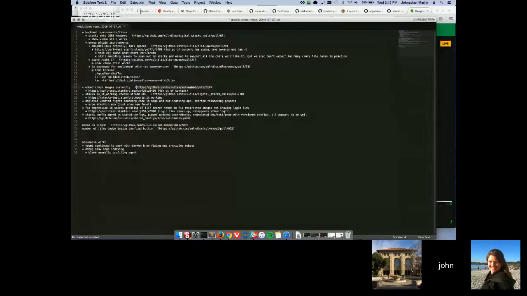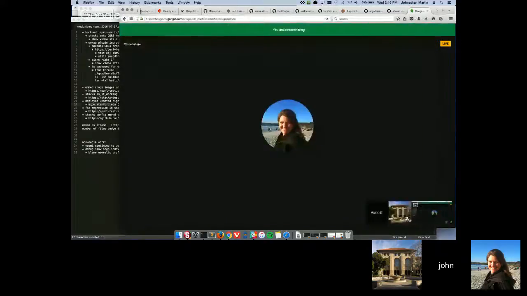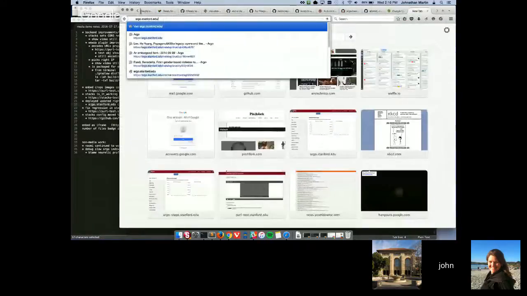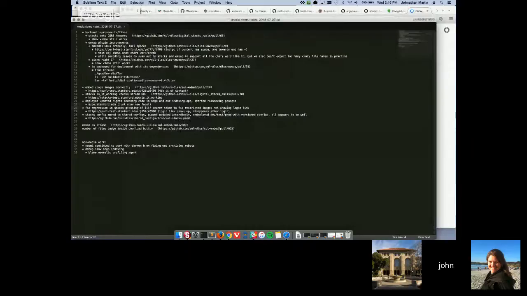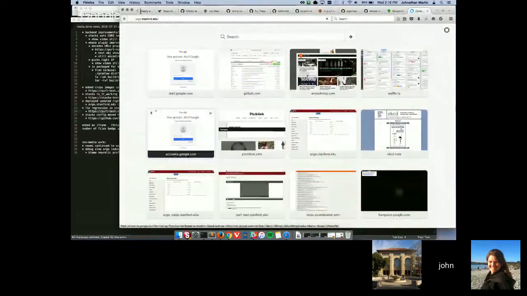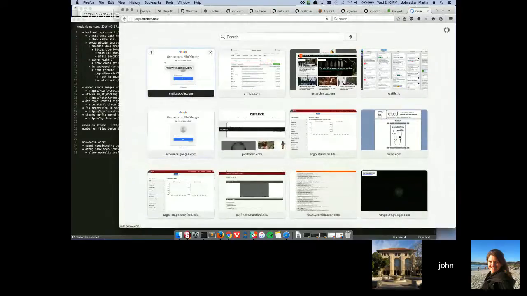Let's see, we added a stream URL check to Stacks. Is it working? We deployed the updated DOR services indexing code for both the DOR indexing app and Argo for better rights facet information. That'll take a second to load. And we started reindexing. We can see, once the page loads, that the facet is being populated with more granular rights info than was there previously.